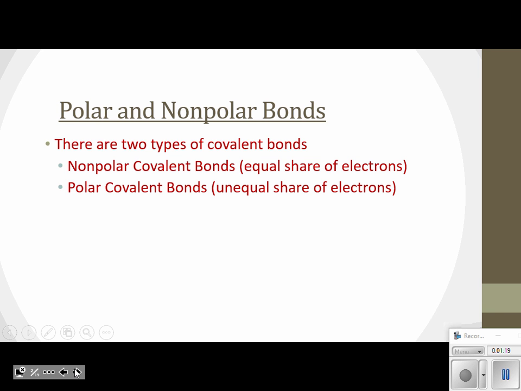So go ahead and take out your periodic tables. We're going to be using those a little bit today. The difference in electronegativity. So, as we looked